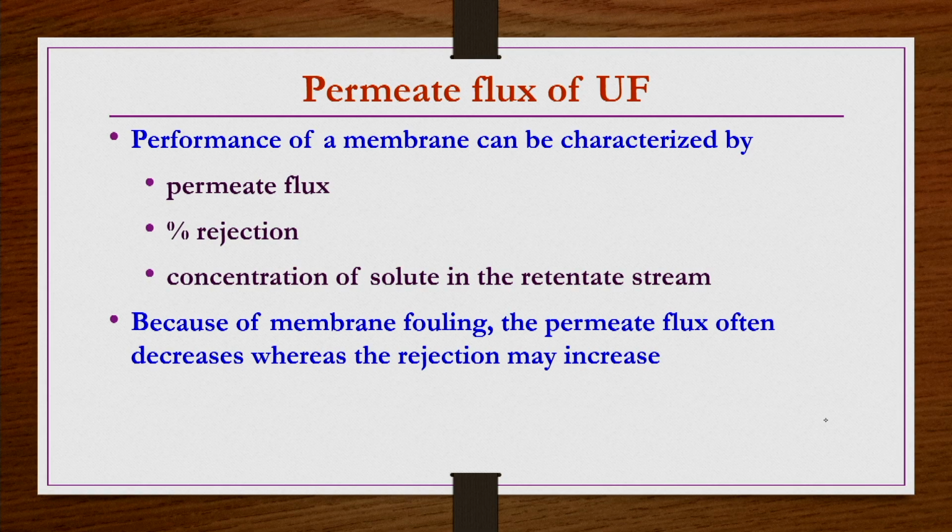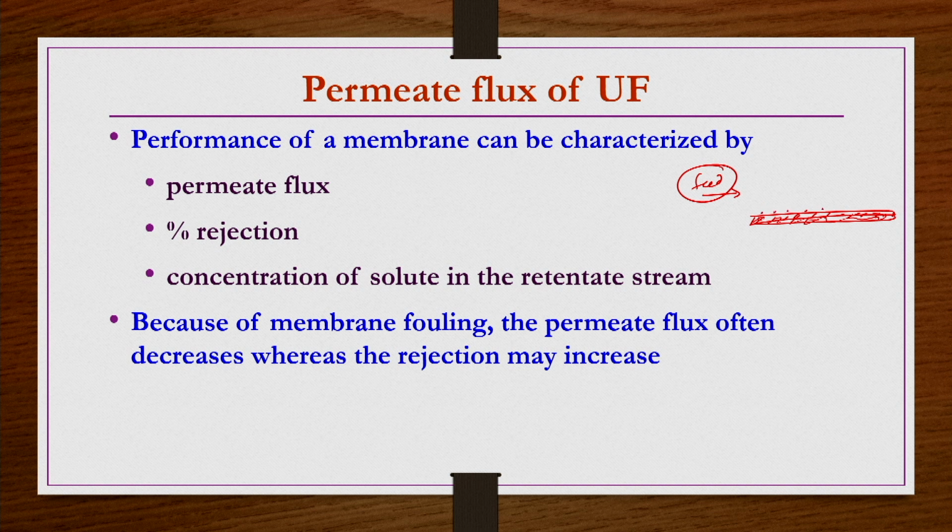We are going to find out each and every detail of these things in this particular lecture. So, because of membrane fouling, the permeate flux often decreases, whereas the rejection may increase. What happens when there is a membrane surface, along with a feed which is having small particles, a low concentration solution, nothing but a solution having low concentration of particles, and particle sizes are also in general very small, of the order of microns or even less. Then only we use this cross flow filtration using membranes. So, now when this separation is taking place, what happens?